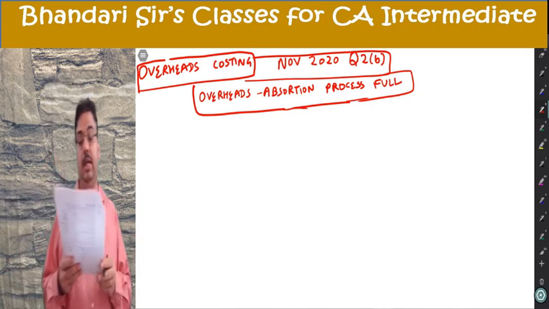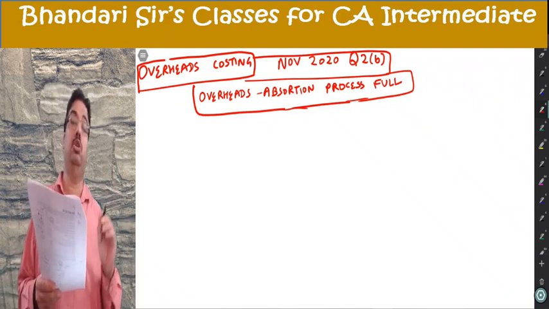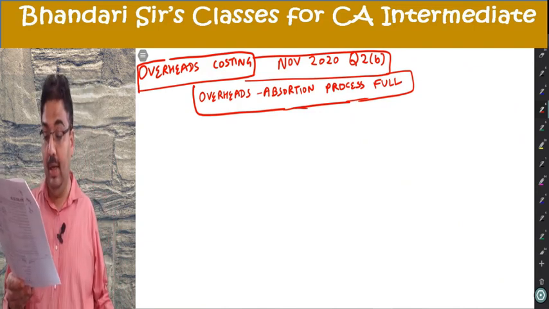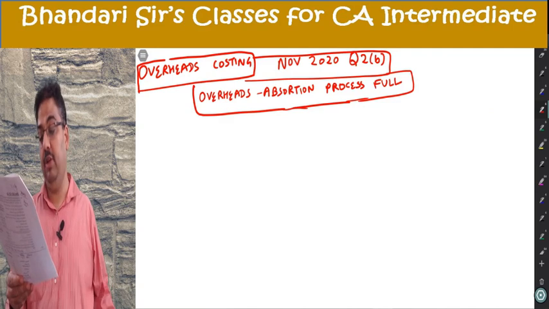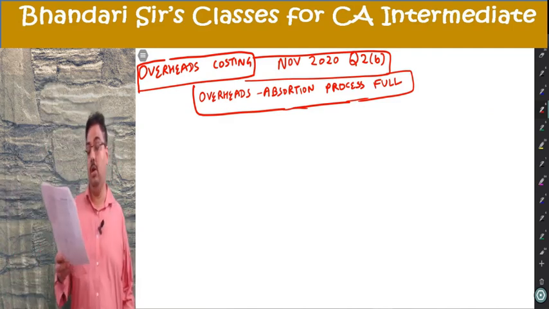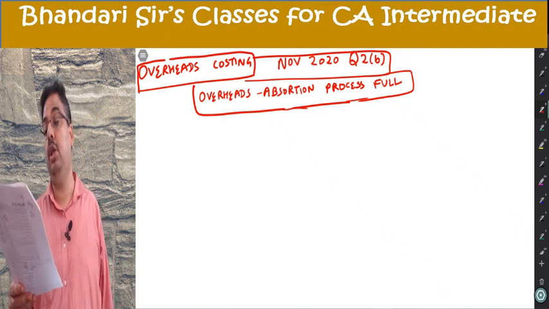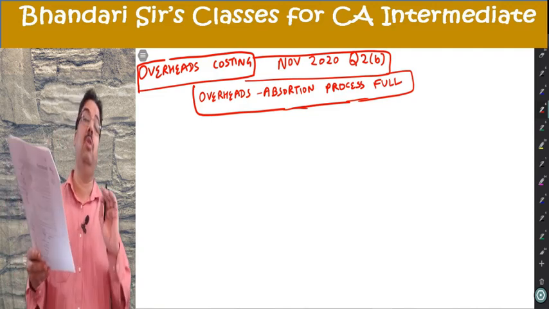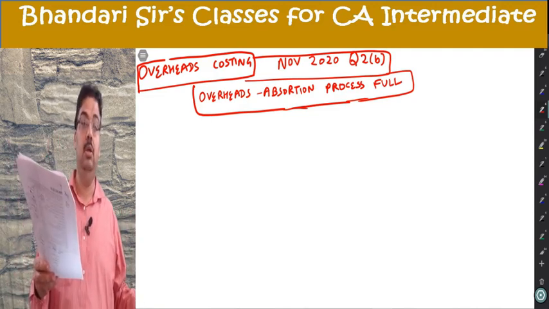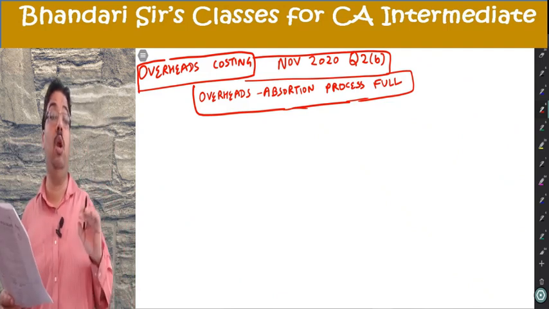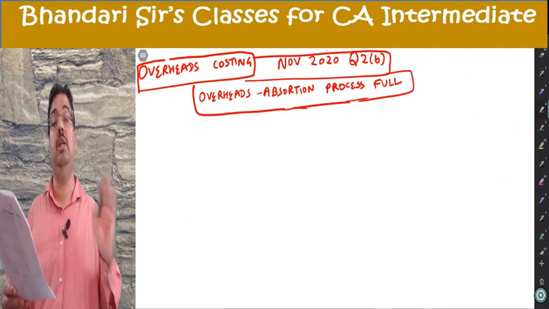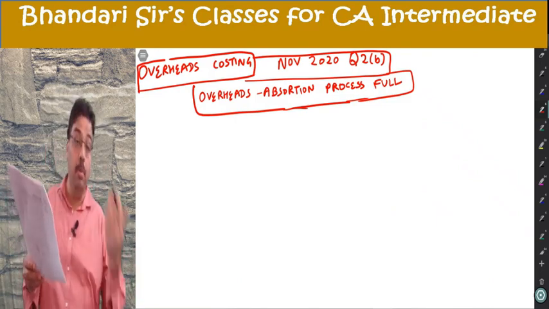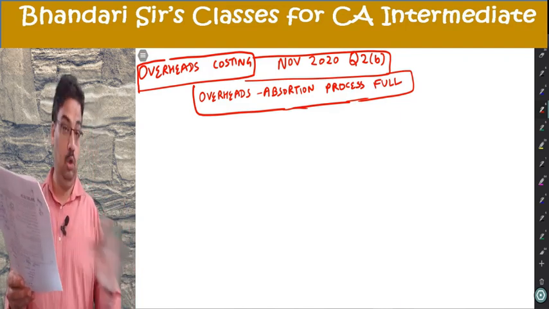I reach the second table, telling you the basis of apportionment of most of these items. Rent and rates are based on floor space. General lighting is based on light points given in the first table. Indirect wages should be based on direct wages. Power should be based on kilowatt hour, which is given as HP of machine. Don't multiply with working hours, because working hours and machine hours are different. You need to multiply with machine hours only if kilowatt is given. Kilowatt into machine hour is kWh. But here no machine hours are given, so HP of machine is assumed to be kWh already, so do not multiply with working hours.